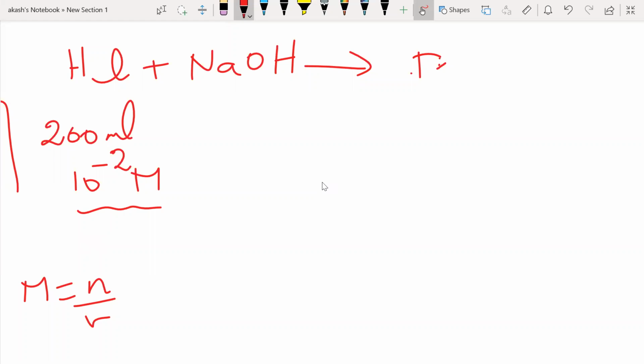It's already in ml, right? So you can do it in terms of millimoles. If it was in liters, you can directly get moles, but since you have ml, you're going to get millimoles. So can I say 200 into 10 to the power minus 2, that is 2 millimoles. Okay. Next, I have 300 ml of